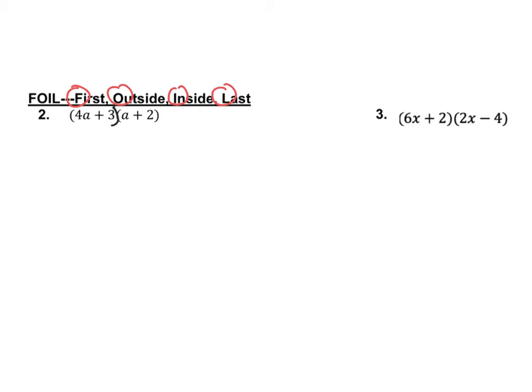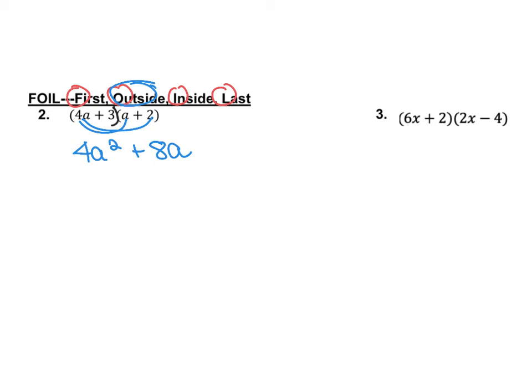All right, so we're going to start with the first, the F, where it's the first two terms in each of these. So I'm going to have 4a squared. And then the O for the outside refers to the two outside parts. And that's going to give us an